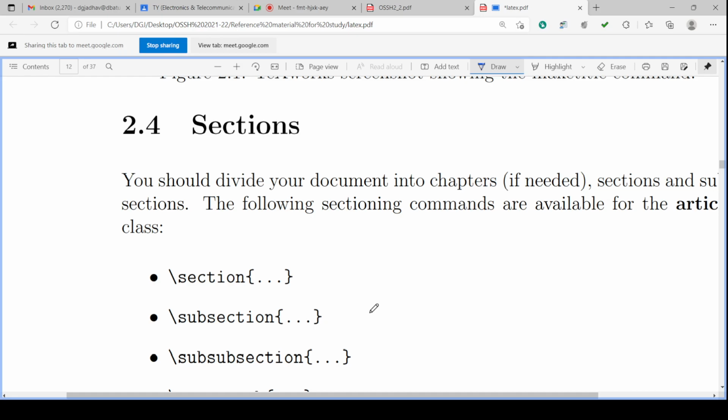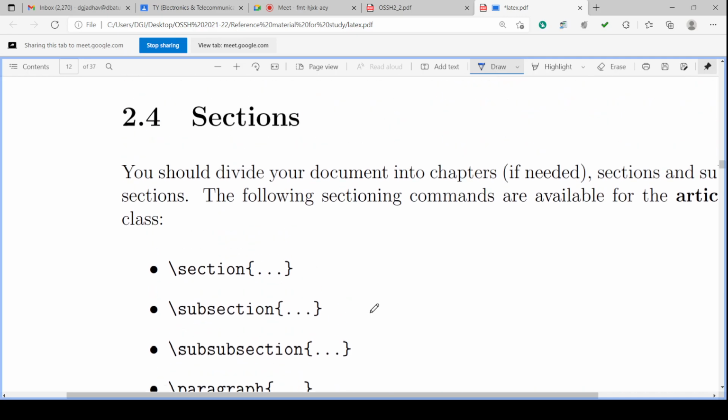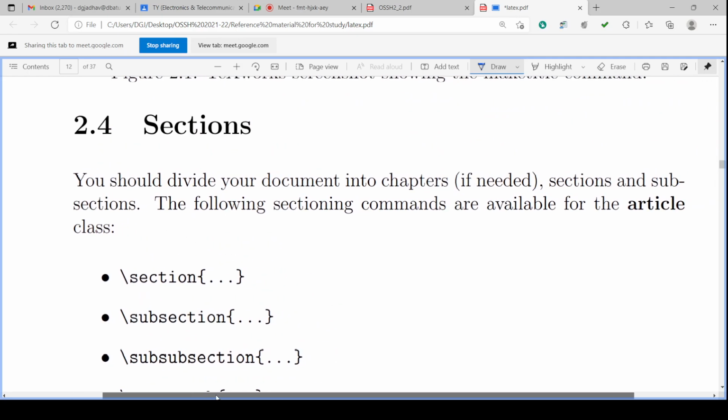Then we'll go for the method, then some procedure, and again in the procedure there may be some sub points. So there are sections, subsections, paragraphs, sub paragraphs. The total document can be divided into chapters according to our need.